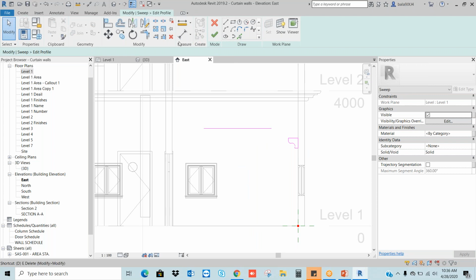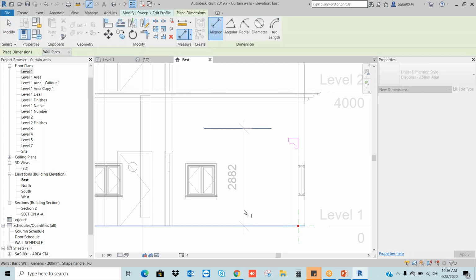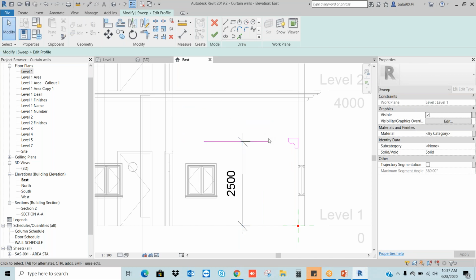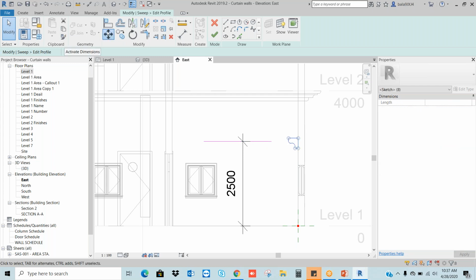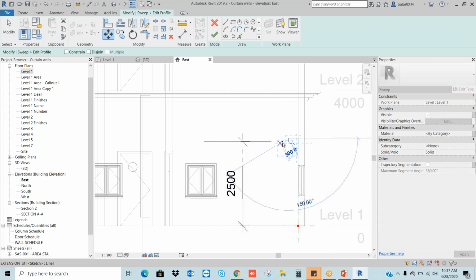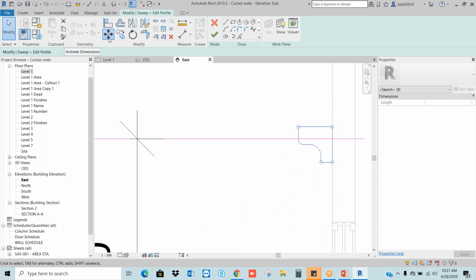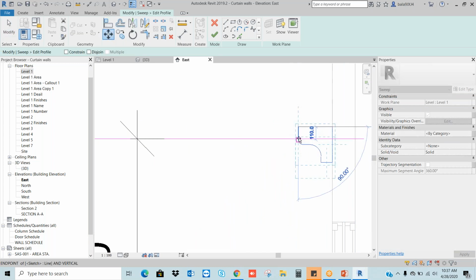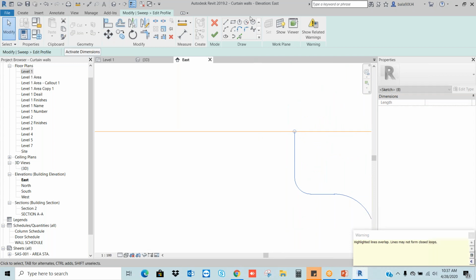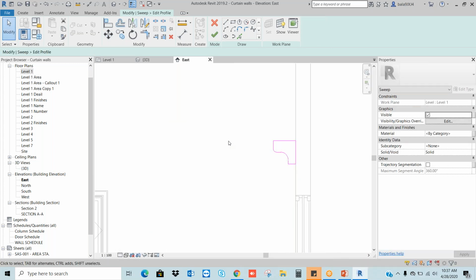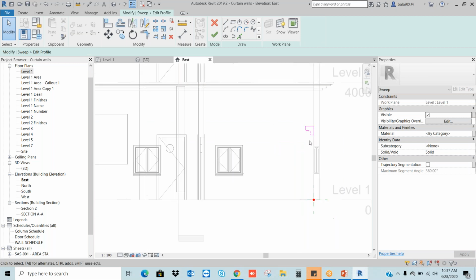Different methods, nothing else. Dimension, first point, second point, select the line and make it 2500. Okay, and move it perpendicular to this line. Move first point, delete this line. Okay, we can get the height of this.